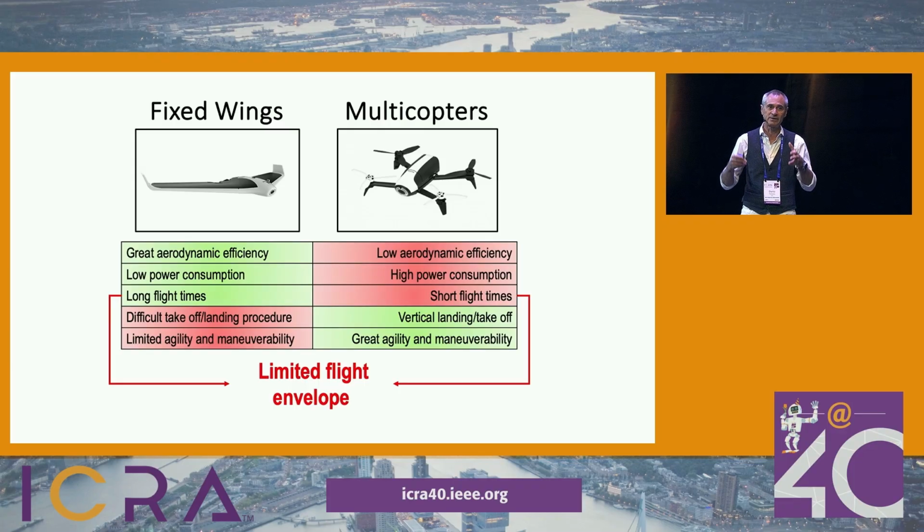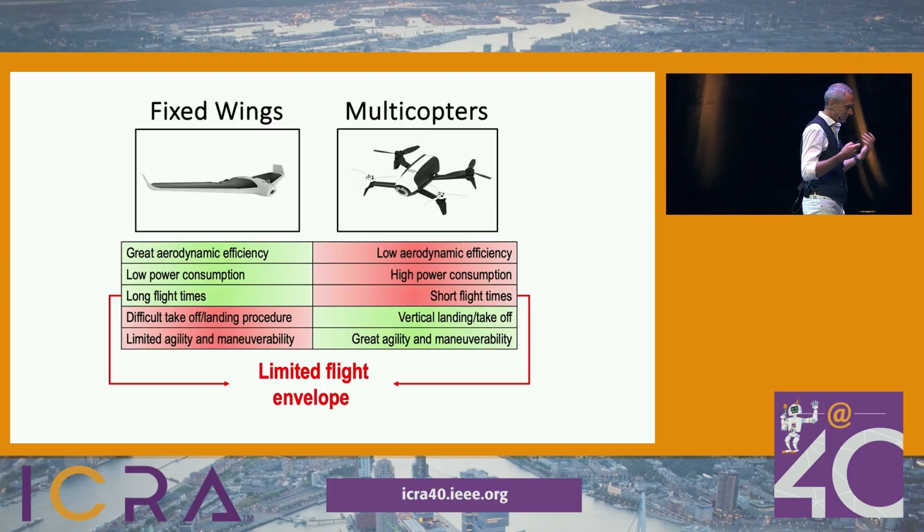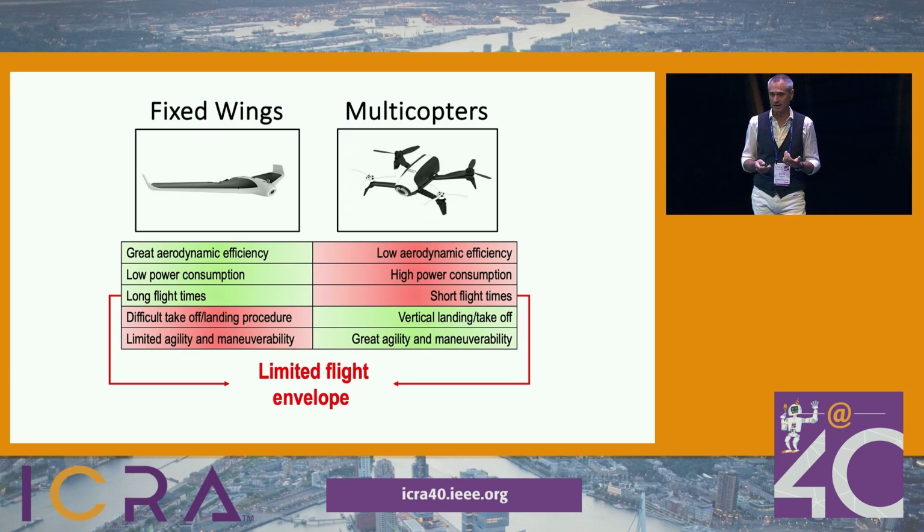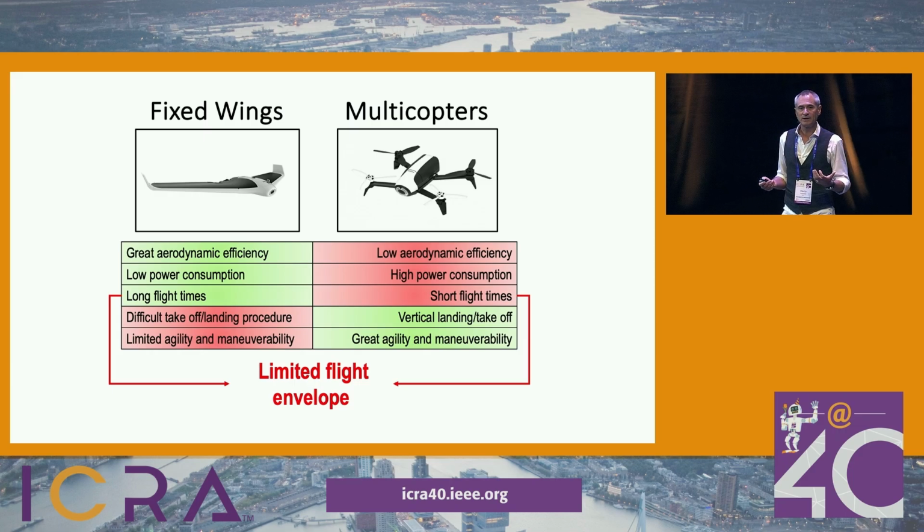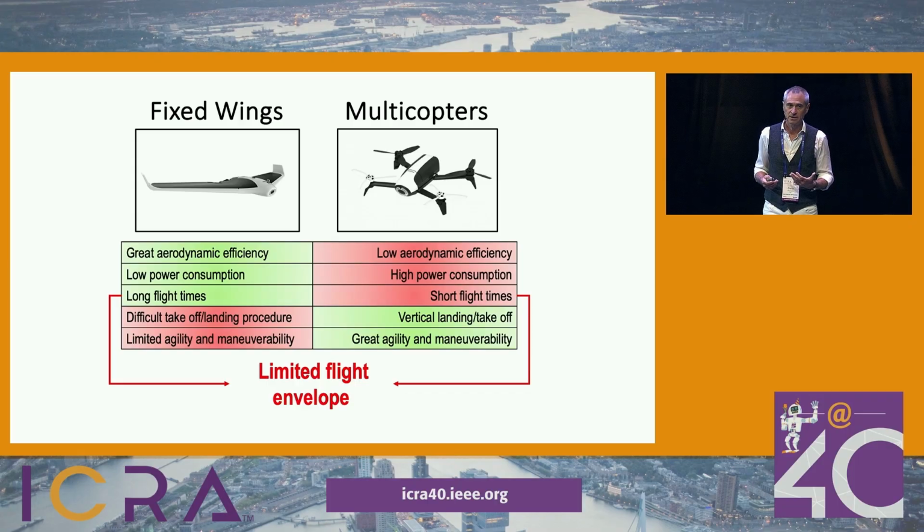Those that require drones that do very precise inspection, can turn on the spot, or can stay close to an object, take multicopters, and they use them only within a short range. Otherwise, they use fixed-wing drones, for example, for monitoring large spaces in agriculture. And so both drones have a limited flight envelope, as we say. How can we possibly solve this problem?